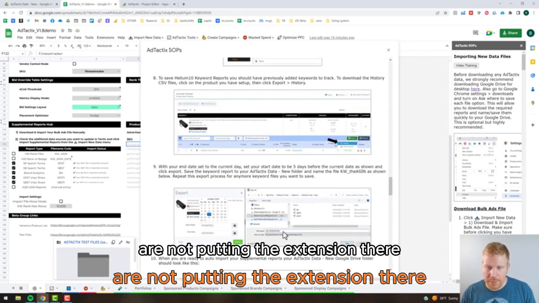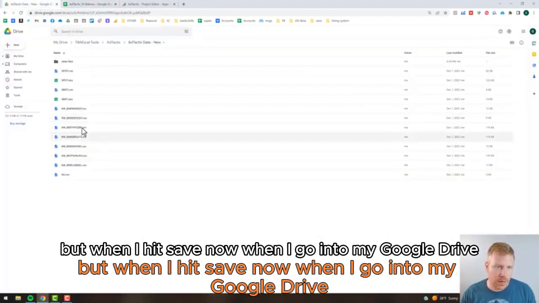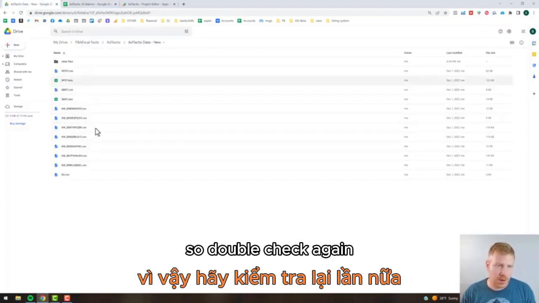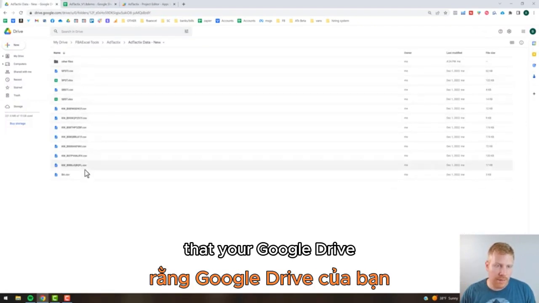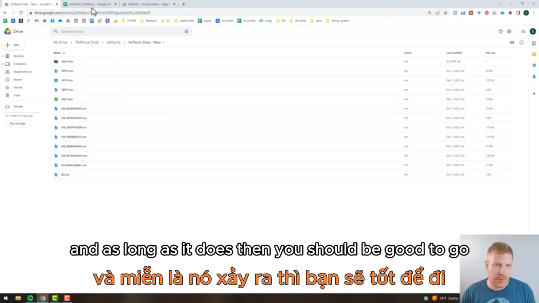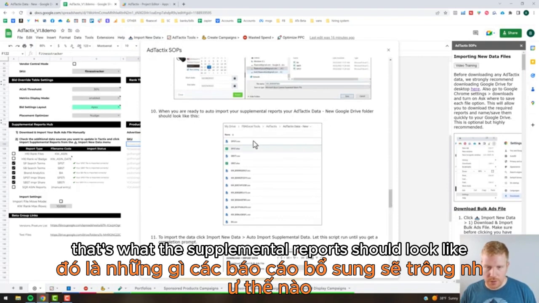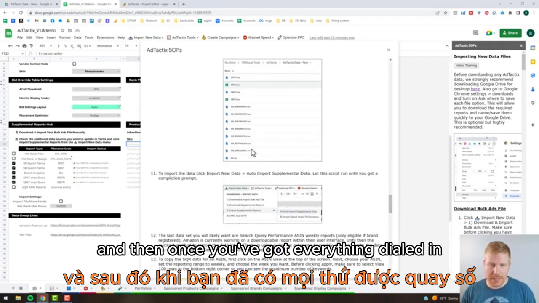And you can see there, I'm not putting the extension there, but when I hit save, now when I go into my Google Drive, you can see it automatically adds that extension. So double check again that your Google Drive folder looks like what you're seeing here. And as long as it does, then you should be good to go. So you can see there, just when you're ready, that's what the supplemental reports should look like. And then once you've got everything dialed in,